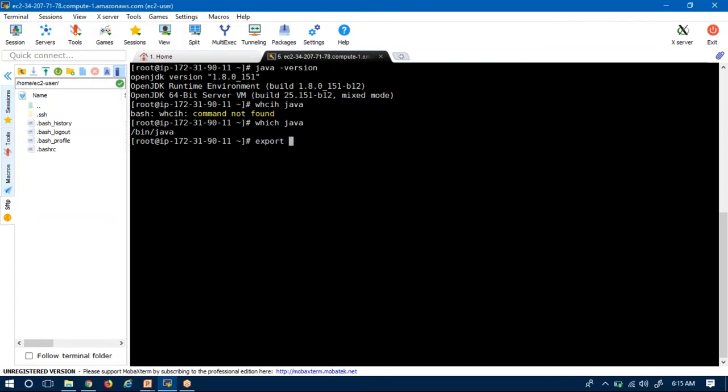Then simply export JAVA_HOME equals the bin java path.